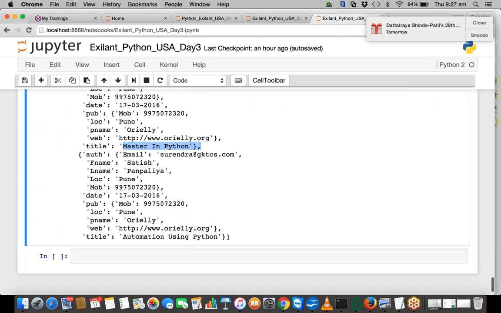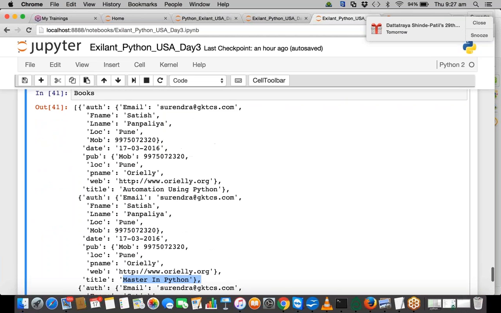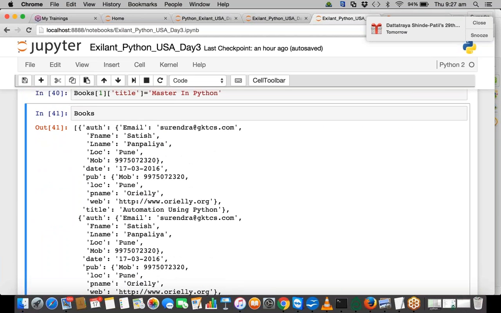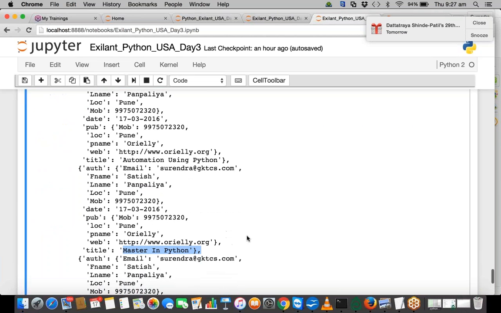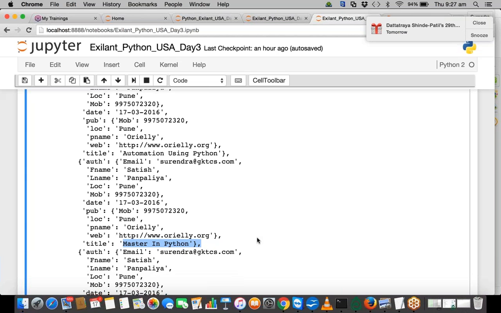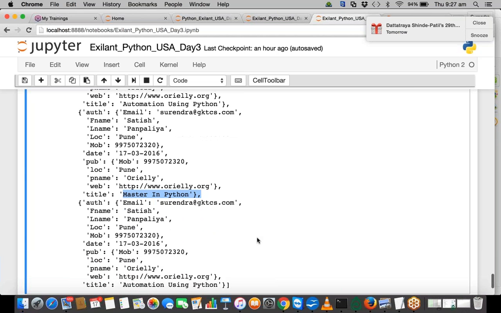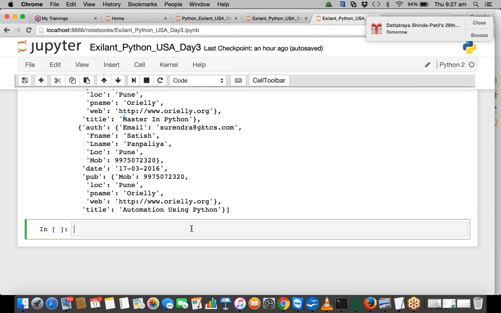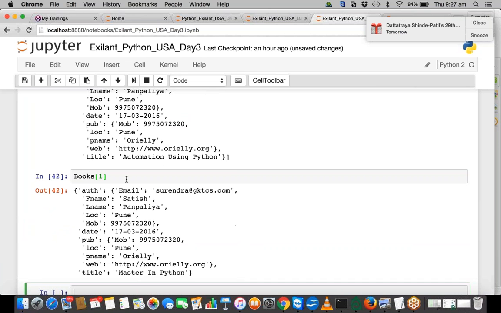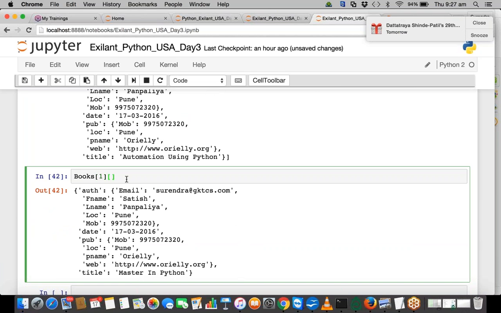So this way you can. Now this was a simple one. Now you need to change, let's say, okay, can we change the author now? Can we change the author? Let's say books of one author you want to change. How will you do that? Books of one, right? We want to change the information of author, right? So author,